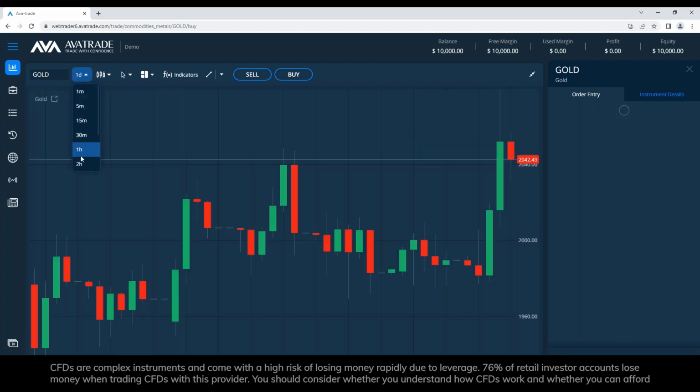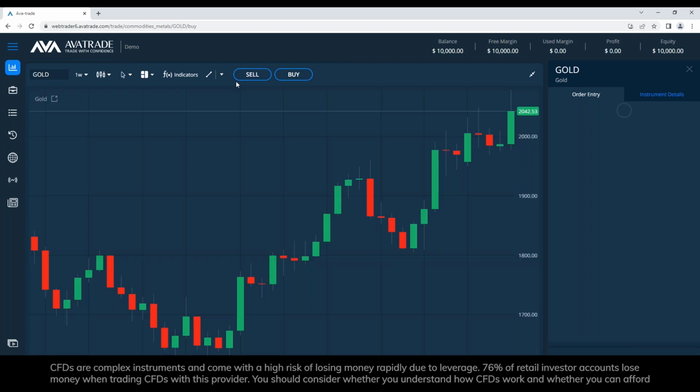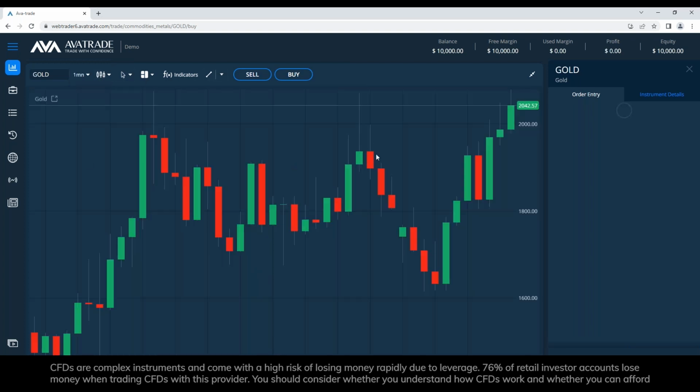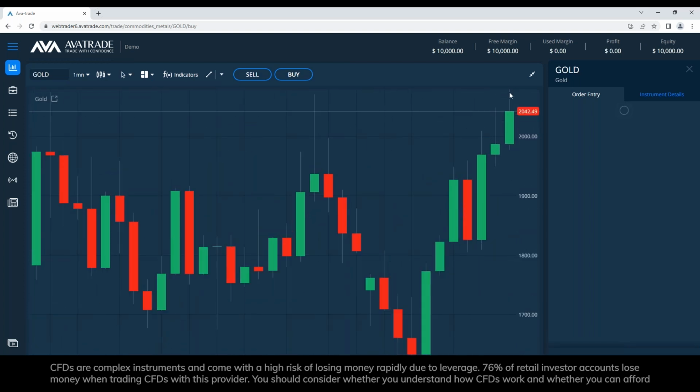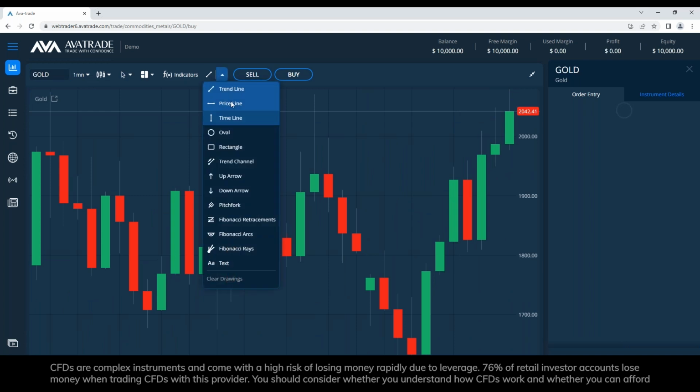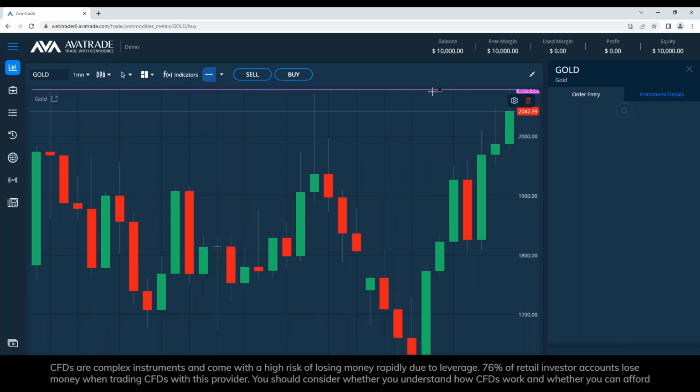I wish I could, let's try the months. There we go. Not even here. It's very unfortunate. I wanted to show you the higher point, but it just doesn't let me. Okay, never mind. We're just gonna analyze the candle and see what it says here. Okay, so the highest point was